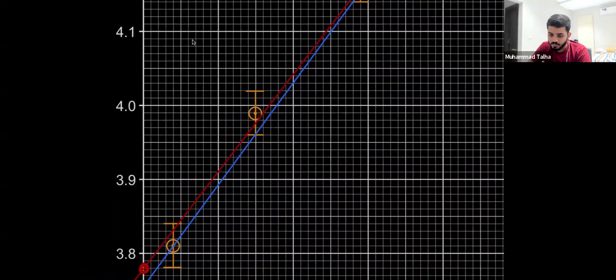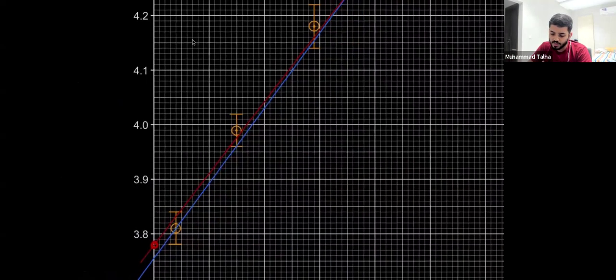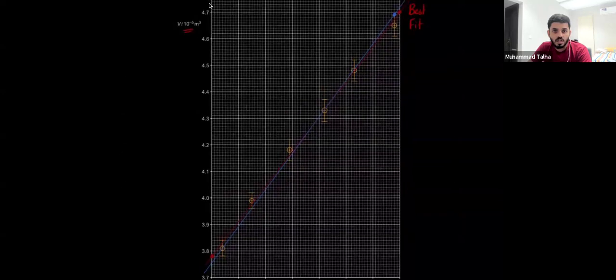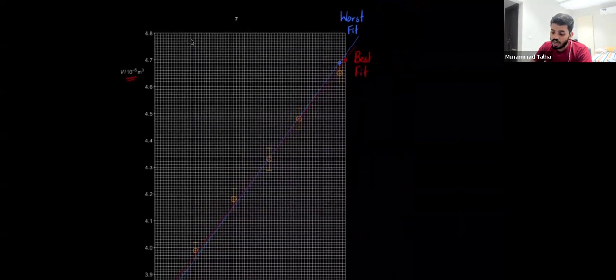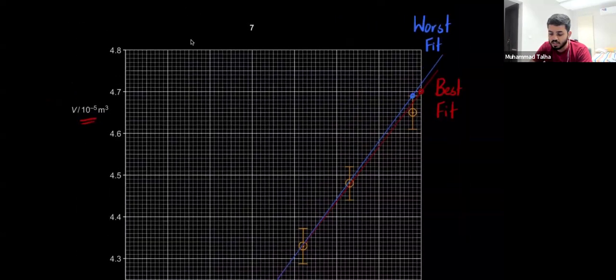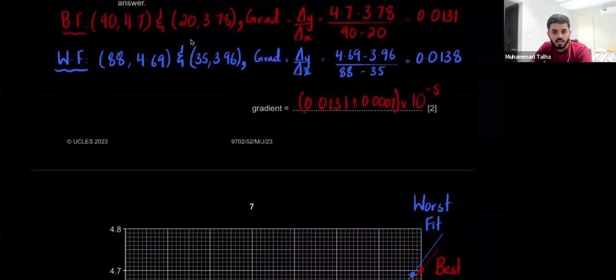Okay. Anything else here then? Plotting of best fit, worst fit lines. Always you do have to label what's your best fit, what's your worst fit. Yes, if the error was calculated for the X values, we would have to draw horizontal bars. It's sort of a rare case, but it does happen, right? So I was saying that you always label your lines very clearly. This is my best fit, this is my worst fit. And then you guys also know how I do these calculations.